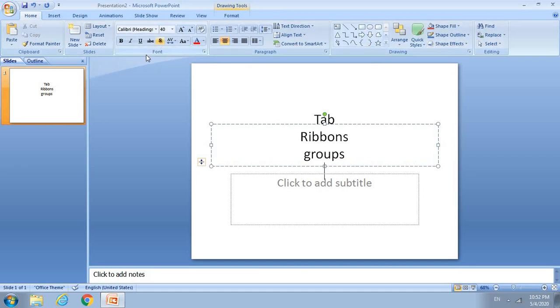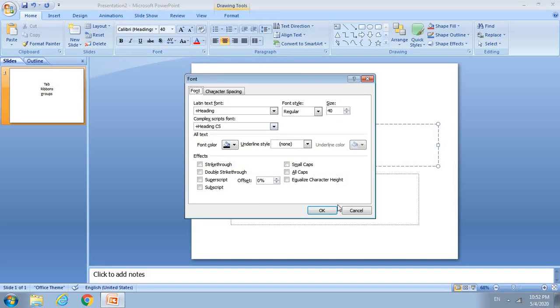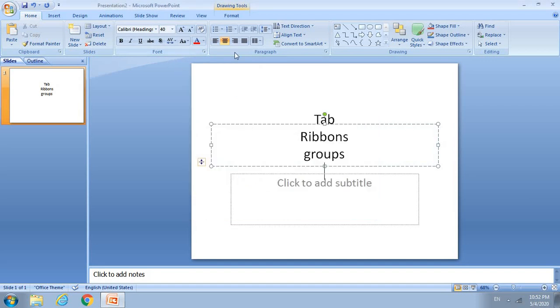Like the name says, if you want to work on just font, you need to use this font group. At the end of this font group, there is a little button that you can see. This is, you can say, a sort of launch button which opens some more options for you. Like when you click here, it will open more options. It is not necessary that each and every group in the ribbon will have this button. Few will have, few will not. If more options are needed and Microsoft couldn't fit them in this visible section, they have given another button which you can click to open more options. So I believe these things are clear to you.